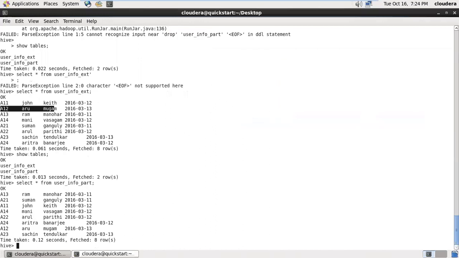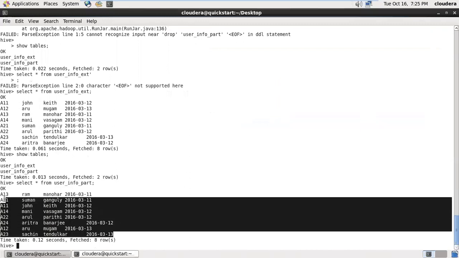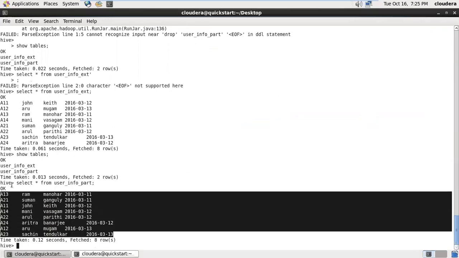Yeah, if you did not specify anything, it will fetch the entire data from all the partitions itself. As you can see here, it started now: 11, 12, 13. Same data, it is from the partition. Right. Okay. There is a whole overall table, and if you give the partition,